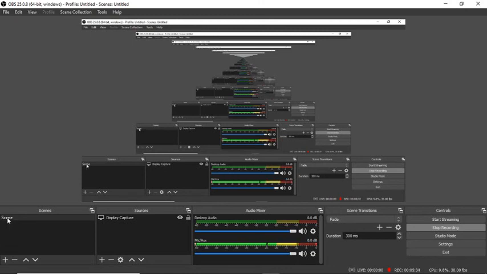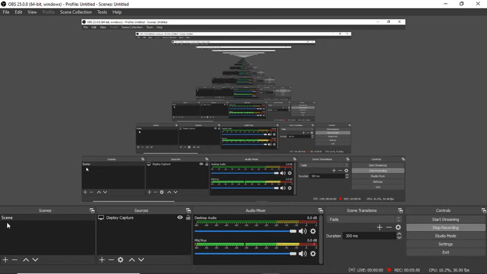Let's say that you are using one combination of effects and filters in a scene. You could use another combination of effects and filters as scene 1. You could rename them before, you could save them, right? You could save them before itself. So scene 2, you could do the same thing.